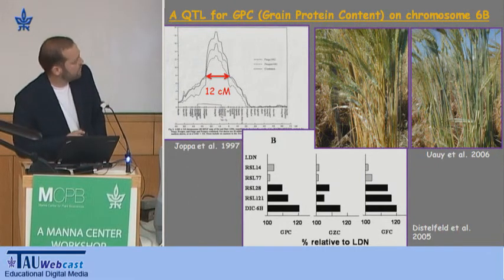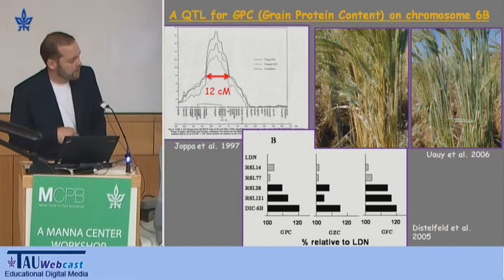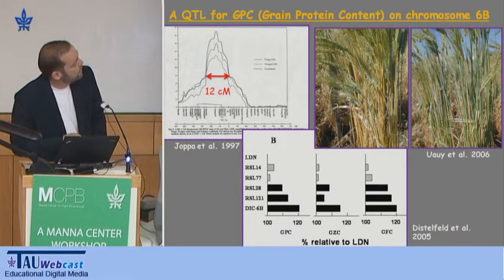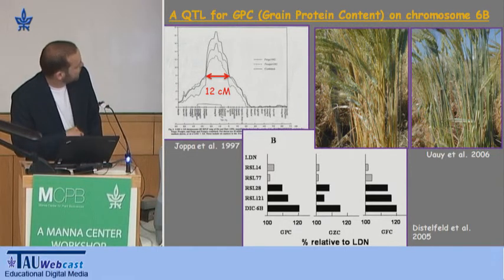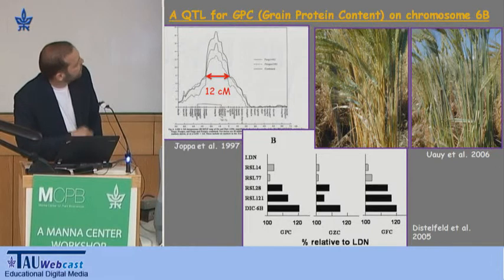In this case, we want to study the grain protein content. So such population was from dicoccoides, from a wild emmer wheat that was collected in Israel by Moshe Feldman. He sent this wheat to a researcher, Joppa, in North Dakota, and he developed a mapping population, found out that